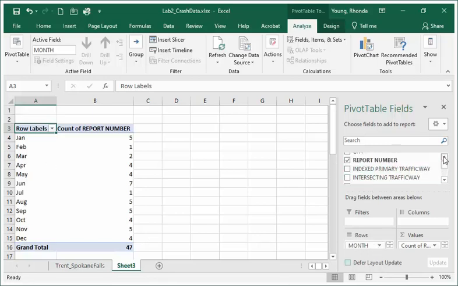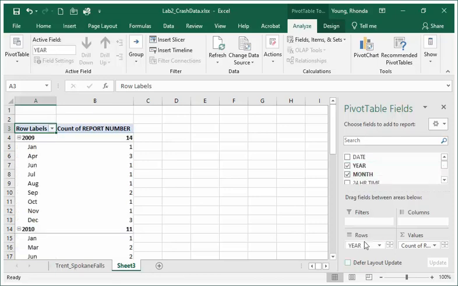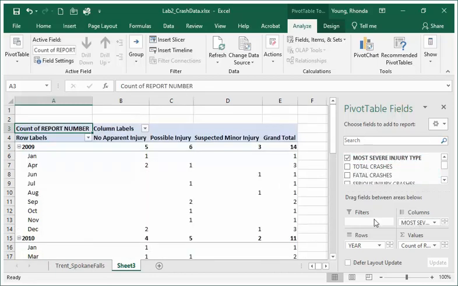But as long as I have two of them in the row column, sorry, the way that makes the videos, it kind of only wants me to show one at the same time, but you can see that it's including both of them. So in addition to having rows, I can also have columns. If what I was interested in was maybe injury type as well, once I add a column, I still have my rows of years and months, but now